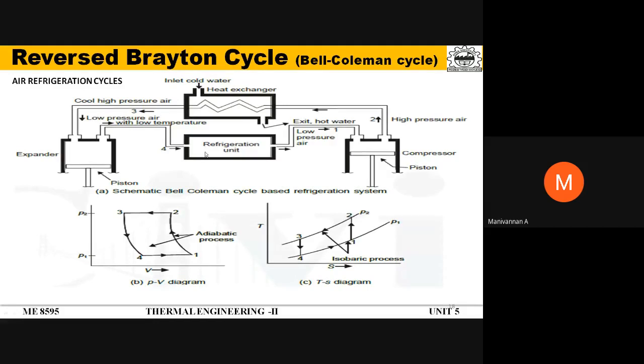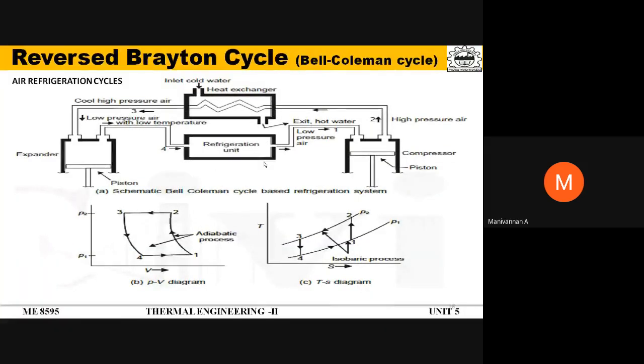Again, you have two types of system in the evaporator. One is an open type of refrigeration system, and another is a closed type of refrigeration unit. In the open type, the air will be circulated as it is. In the closed type, the working fluid will be passed through coils, or a tube or pipe, and the pipe will surround the place where you want to refrigerate. So either you have an open system or a closed system of refrigeration unit.